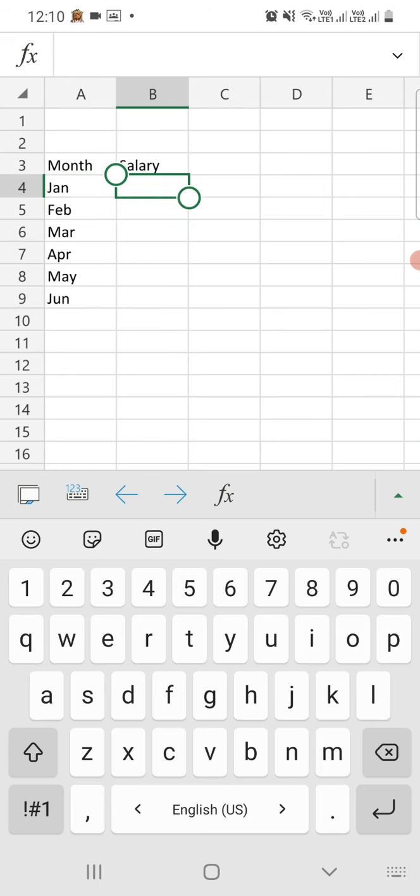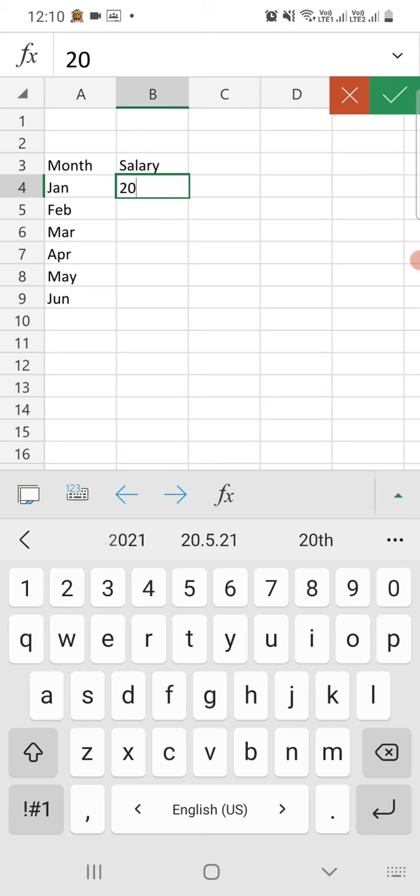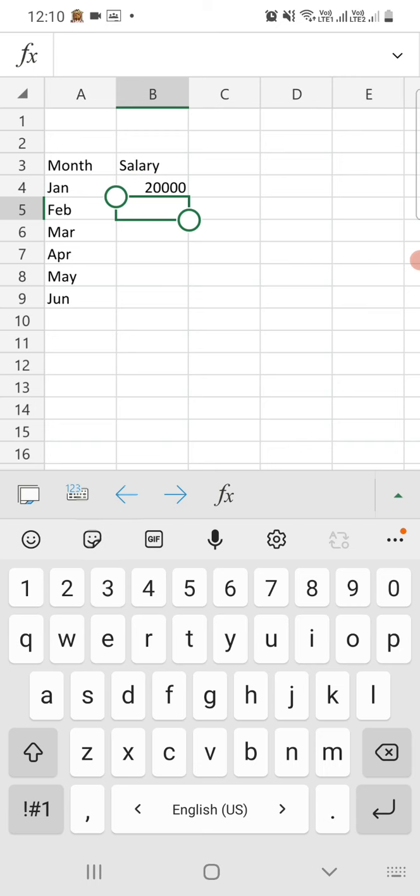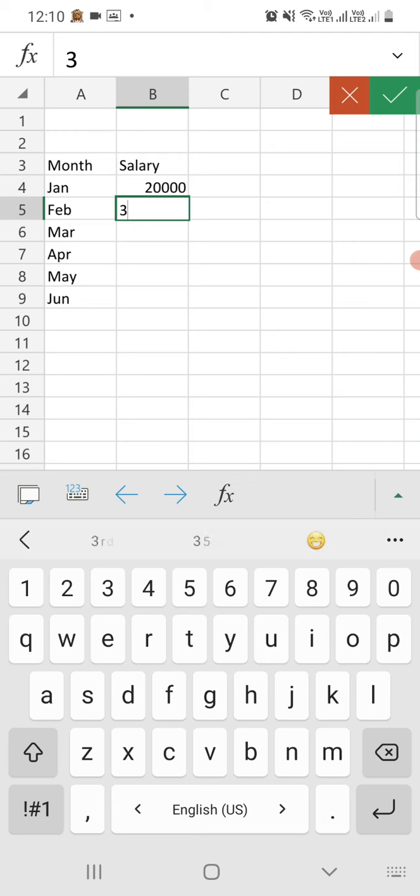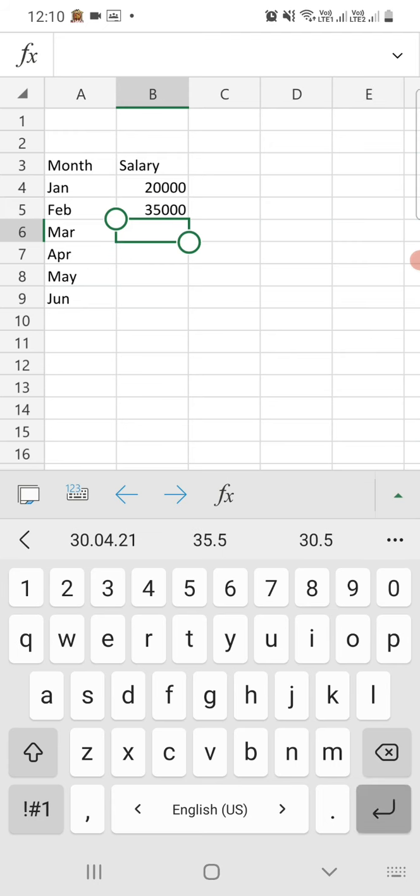Next we need to fill up the amount of the salary. Okay, January, that is 20,000. So write down the data in that cell, that is B4 cell. Then write the next data, that is 35,000. Next cell, enter.